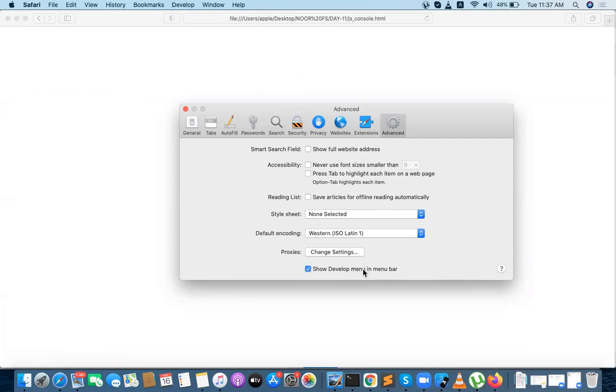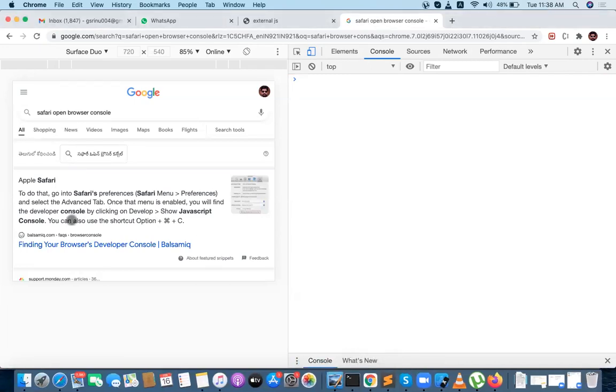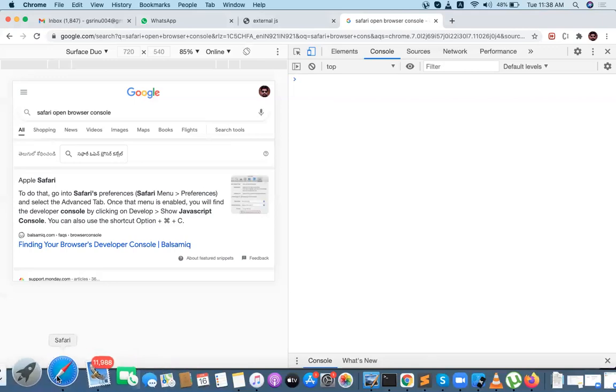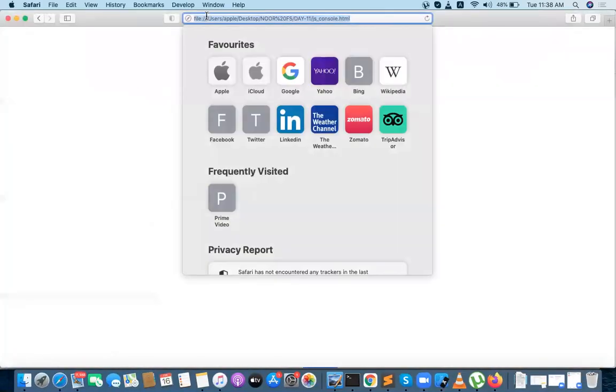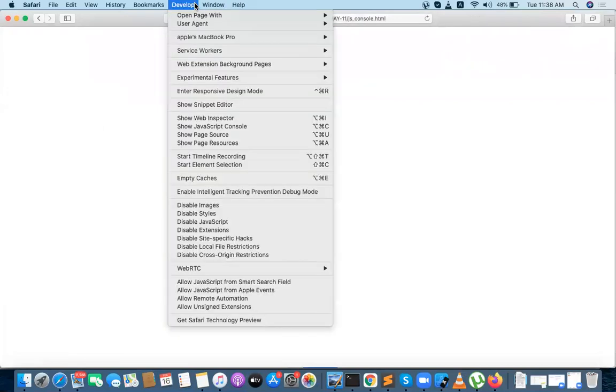Show development in the menu bar. It's already there. Option command C. Bookmark, develop. Okay. Go to console, web console window.